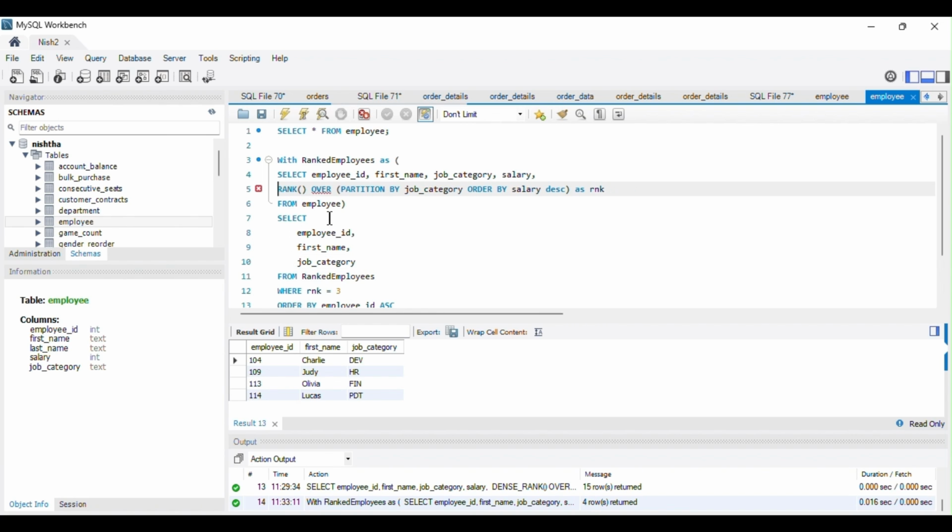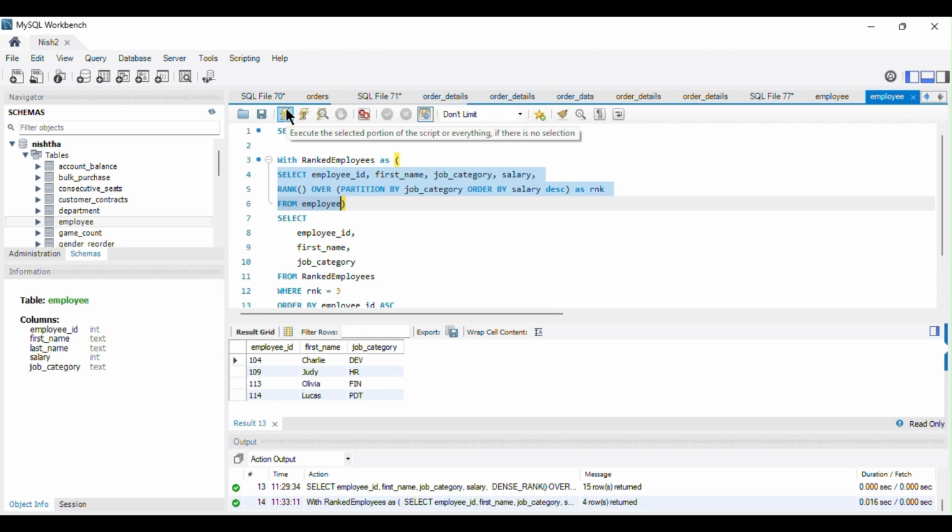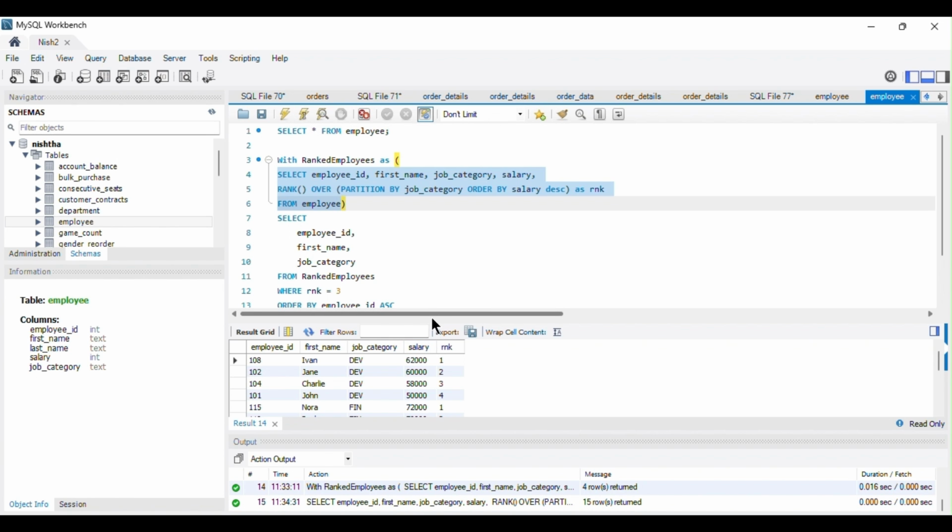If I apply the rank here, and run this, I'll help you understand. If I'm not using dense rank, instead I'm using rank, and I run this query, see the ranks.